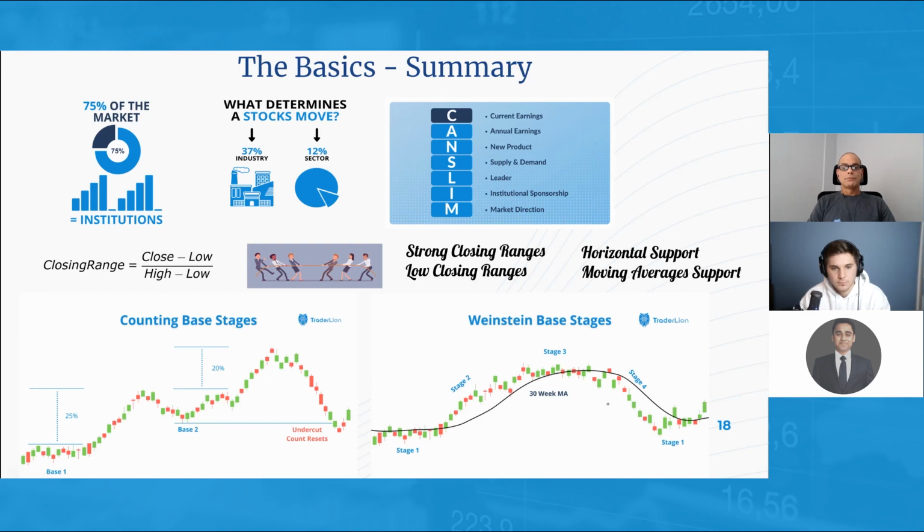And then from a Weinstein point of view, which phase is it in? Is it in an accumulation phase? Is it running up the right side for a stage 2? Is it in a distribution phase, which would be your stage 3? Is it above the 30-week moving average, or is it below a downtrending 30-week moving average? So this is really the basic